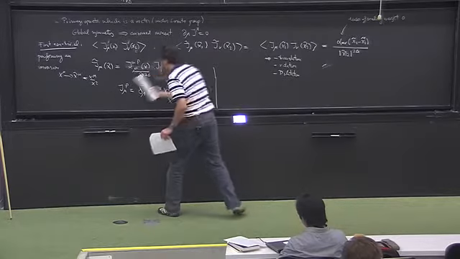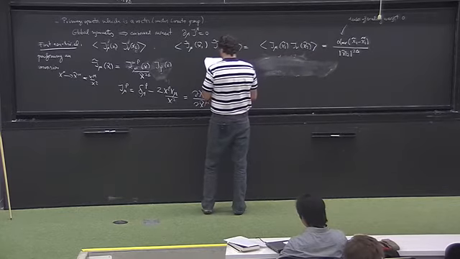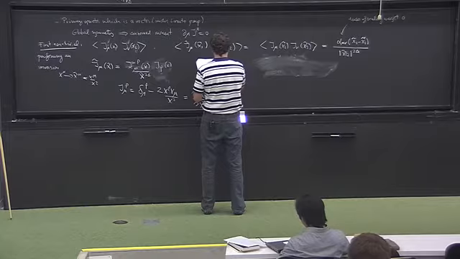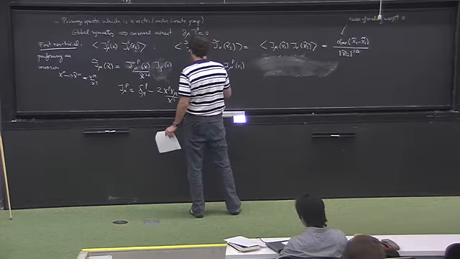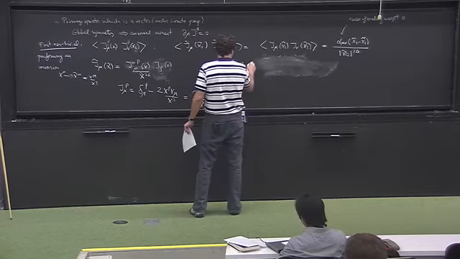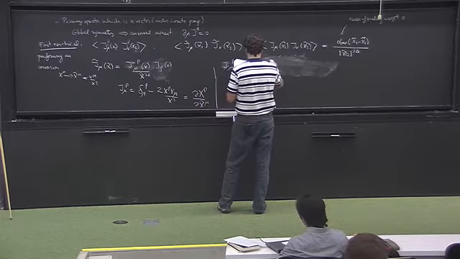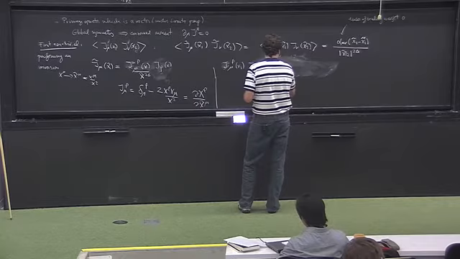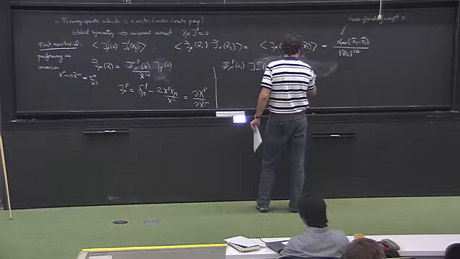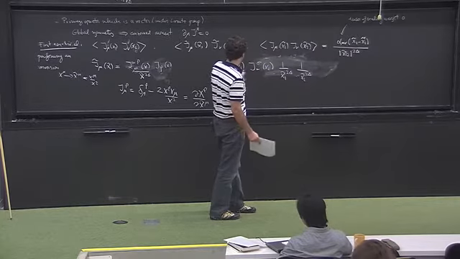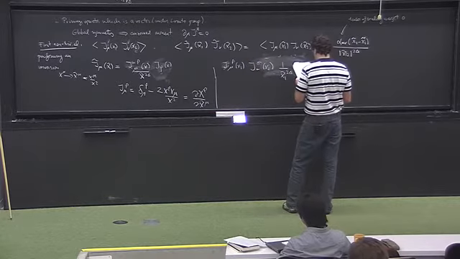So let me erase this a little bit. Let me see if I can fit it here. I get this equation, J mu rho at x1, sorry, J, J nu sigma at x2 times 1 over x1 tilde to the delta, 1 over x2 tilde to the delta. So this is just the transformation of each of these two guys, right? Times